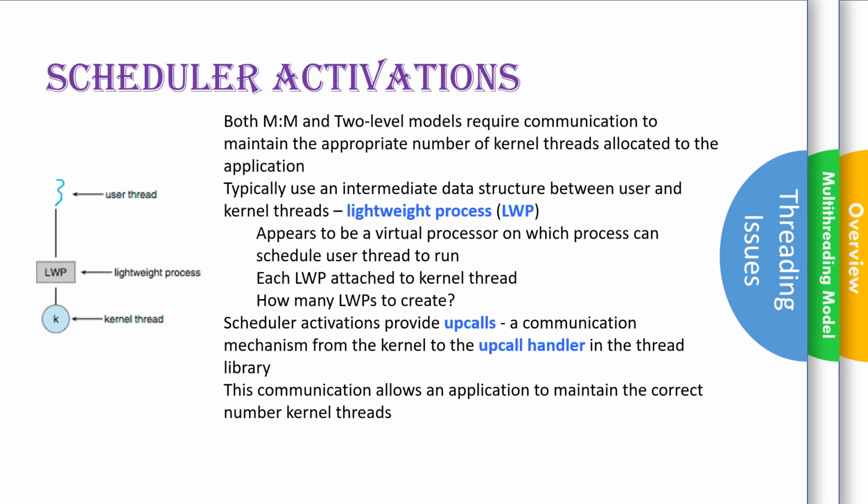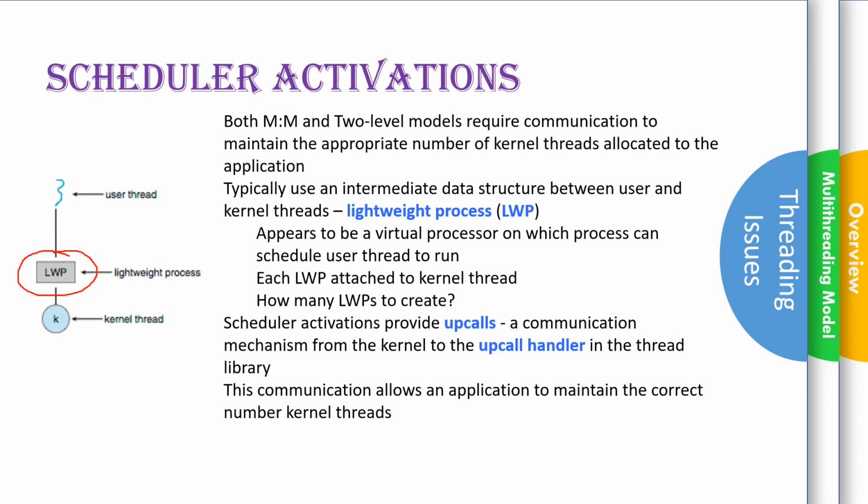The next threading issue is scheduler activation. This scheduler activation is required in the threading models where it is many-to-many and two-level thread models. Why? Because there are multiple user threads that are mapped to the kernel threads. So for this mapping, we require a